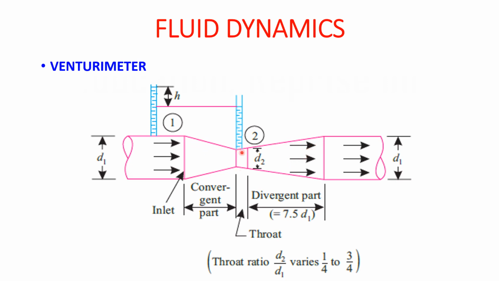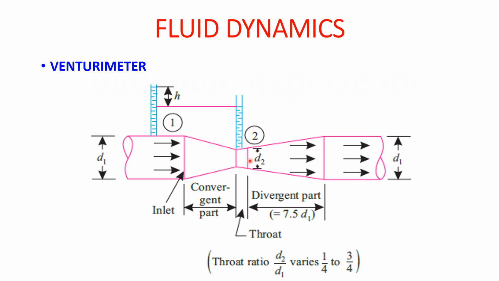Now always see that the throat section is of constant area, and then there is the divergent section. The divergent section will have increasing length and increasing area, while the convergent section will have decreasing area. Always keep that in mind. Also, there are chances that you can employ this venturimeter in the opposite direction, where the divergent section is here and the convergent section here. Then there are chances that the pressure will not be created. This also we will explain further.